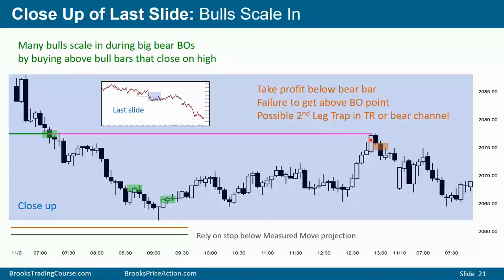Traders know that when you have a strong rally in a broad bear channel or a trading range, it could very well be a second leg trap. We have a first leg up, and then sideways, and then a second leg up. Unless it breaks above all the bars to the left, there's a reasonable chance, maybe 50-50, it's a second leg trap, trapping traders into holding long, hoping for a bull trend, or buying high, hoping for a bull trend. But more likely, it's a second leg up in a broad bear channel or in a trading range. And if it starts to reverse down, you have to get out of longs, because bears will be selling.